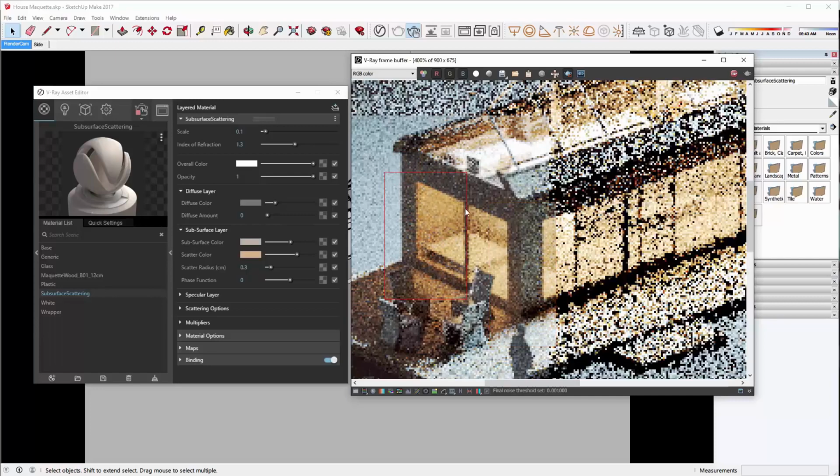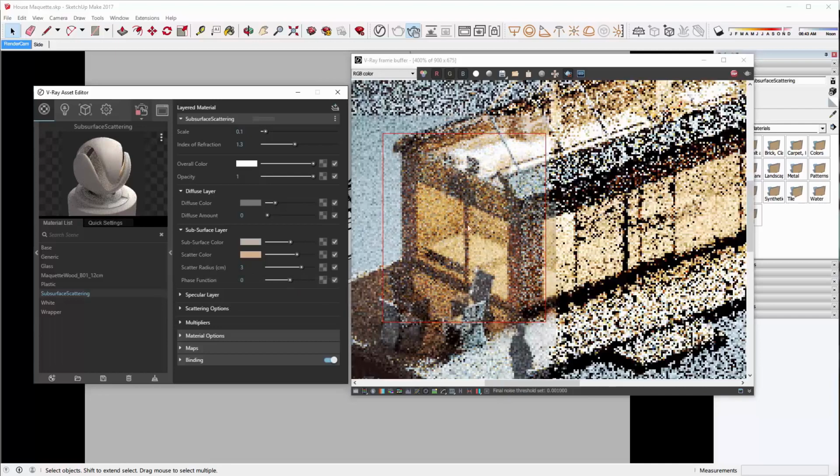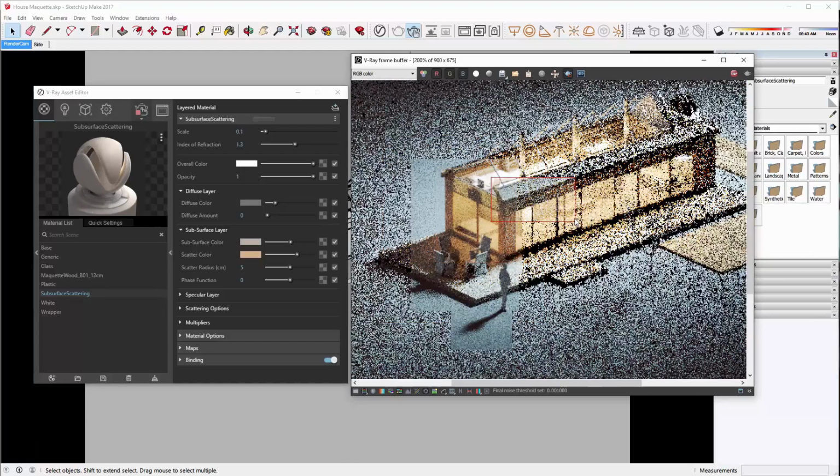And there's also another option, and that's the scatter radius. You can't see it in the swatch as well. So let me just change the scatter radius to, let's say, 3. And now you can see SSS again. And if I increase it further, then it's going to be even more visible. So maybe to 5. So like I said, with the scale and scatter radius, you can control the amount of SSS. And right now we are rendering on the GPU, so that's supported. Let's see some other regions here of the house.